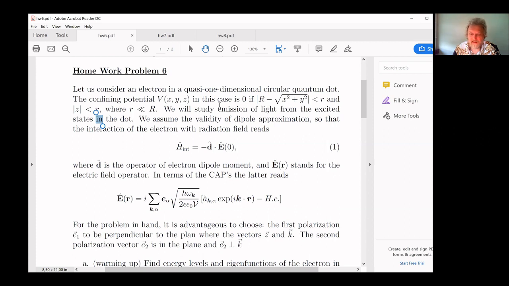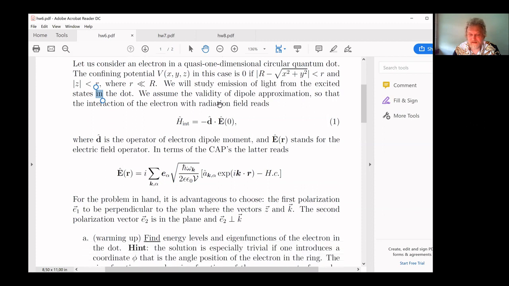So what is the task? We study emission of light from the excited states in the dot. Right. Validity of dipole approximation is assumed. It is the same as in atoms. What does it mean? It means that the interaction of the electron with the radiation field reads as follows. It's a dipole moment times electric field. Dipole moment is made of electrons in the dot, while electric field, as we discussed, is an operator